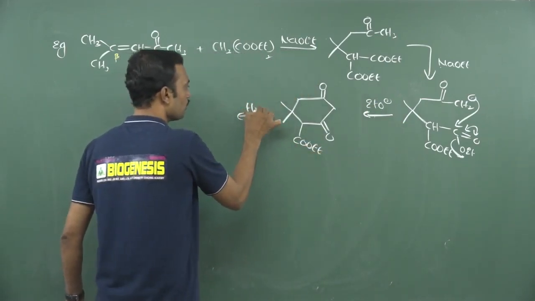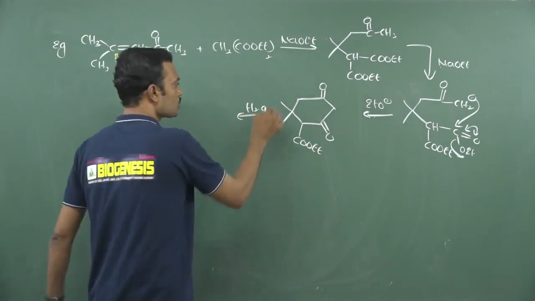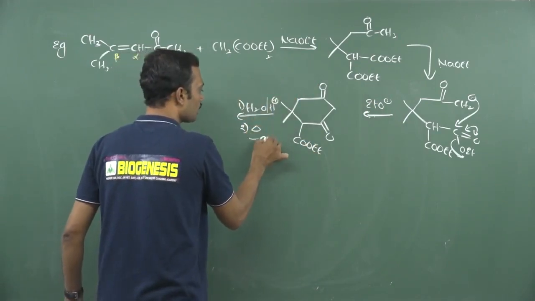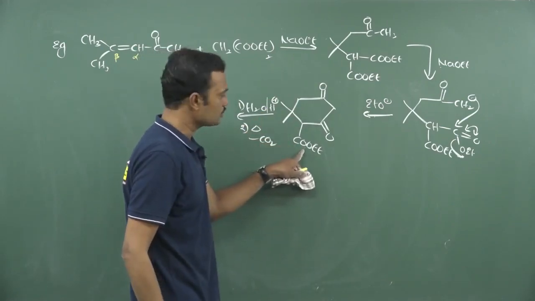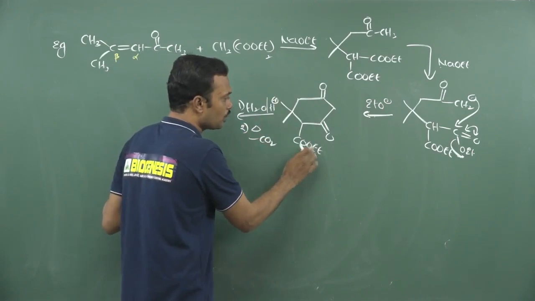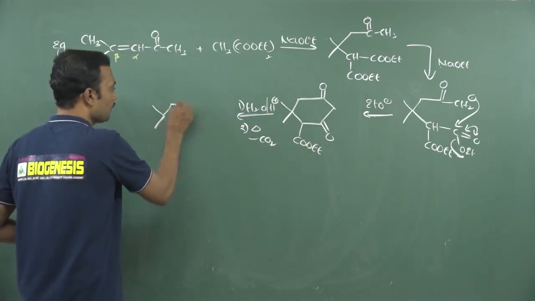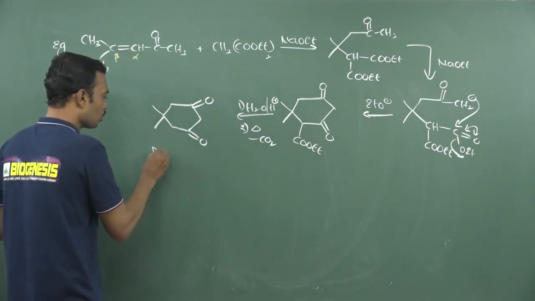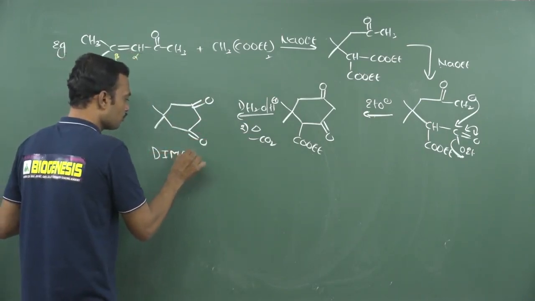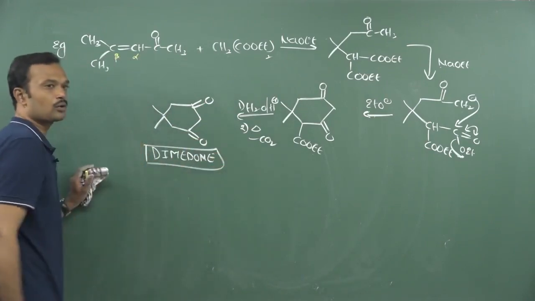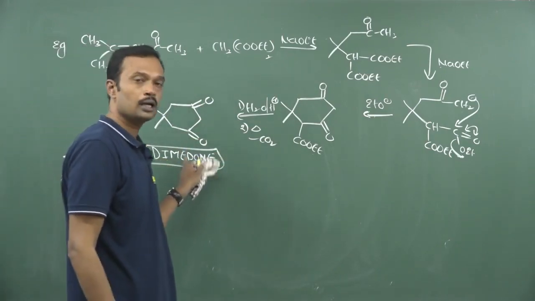Now this is upon hydrolysis. Okay, so acid hydrolysis, and this is your first step. Now on heating, loss of carbon dioxide, what happens? Here this becomes carboxylic acid. If you remove carbon dioxide, hydrogen will be added on this carbon, and finally there is a formation of dimedone. This is called dimedone. In the last case we prepared caronic acid, now here we prepared a dimedone.